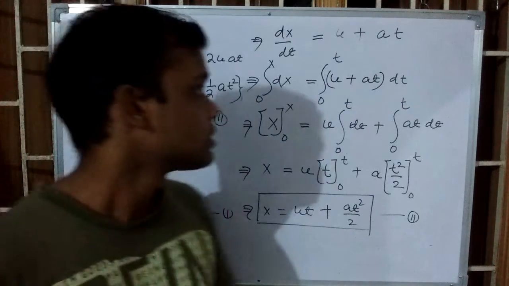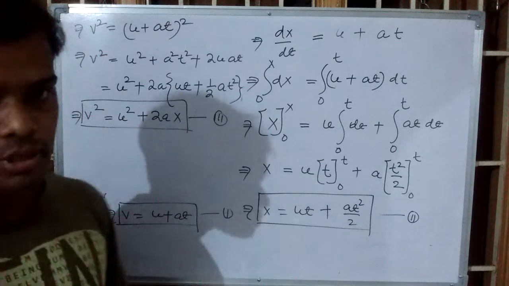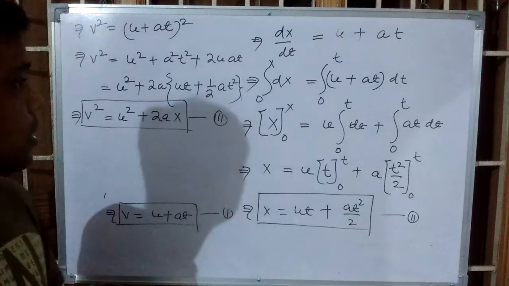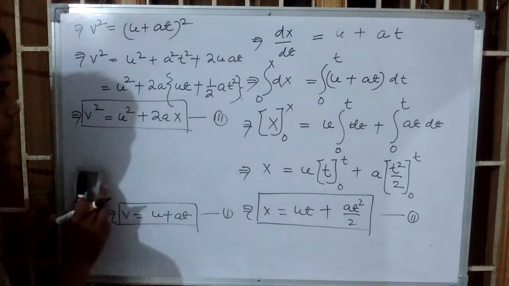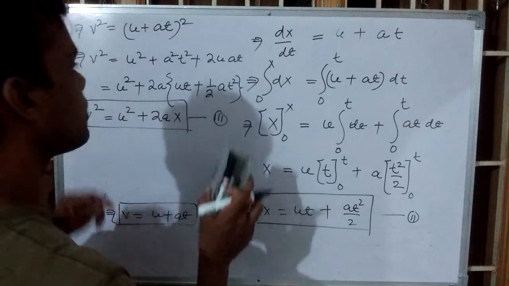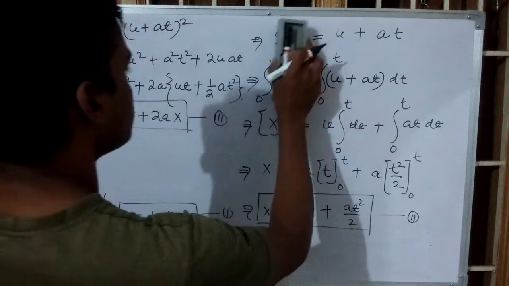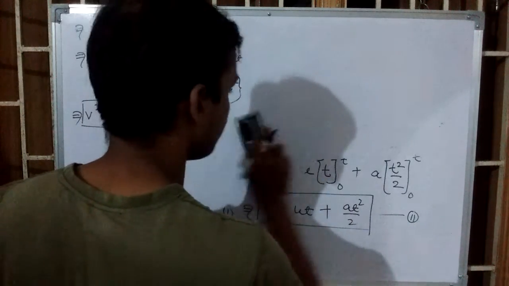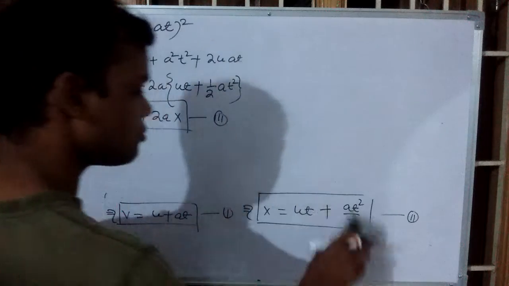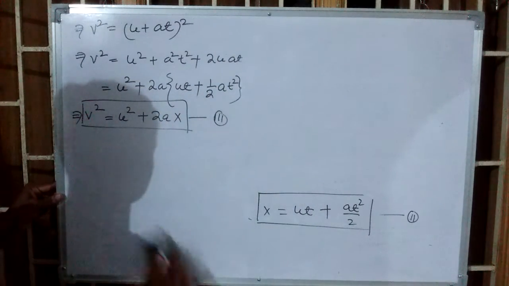So these are the three kinematics equations, and there is another equation also. Let me derive it here. Another equation is for the nth second. Nth second distance, how to derive? I'll derive it here. What is the nth second travel? We shall use this one, so no need to use these equations.